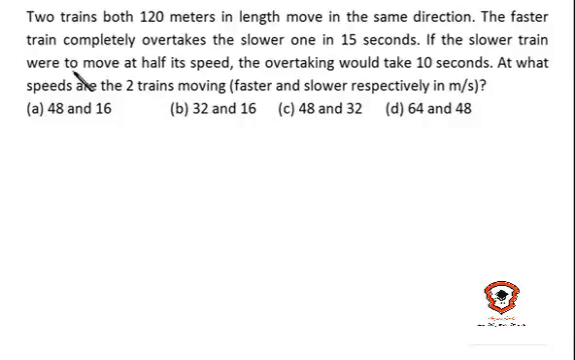Okay, here we are having two trains and the length of each train is 120 meters, right? That means if the faster train overtakes the slower train, in all, to completely overtake, it has to cross 240 meters. That is the length of the first train and the length of the second train, that is 120 plus 120. Okay, so 240 meters it has to run, the faster train, and it is overtaking the slower train in 15